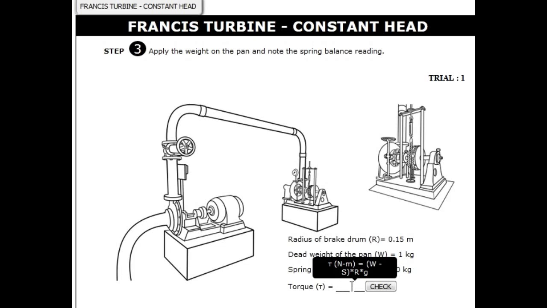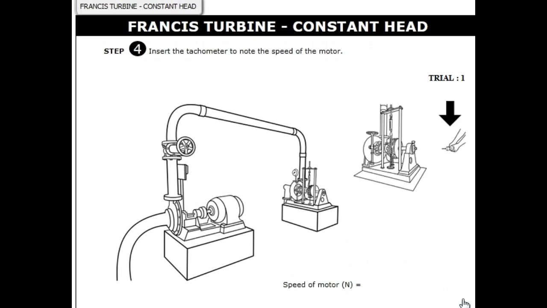If we substitute the radius, now radius is available here, 0.15. If some other constant values are needed, there is a chart at the end of the video, you can refer to it. Now let us substitute and calculate the torque value. The torque value is 1.47 Newton meters.